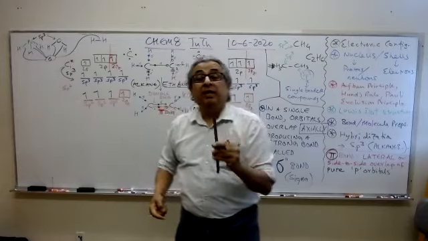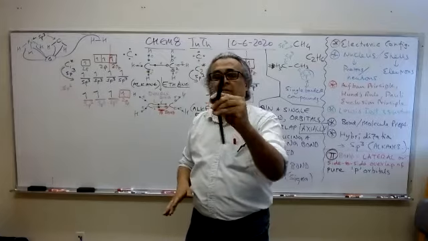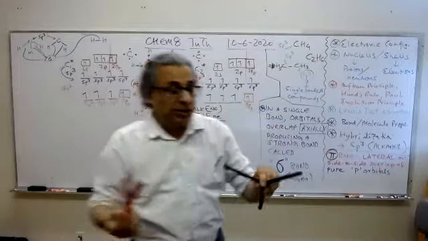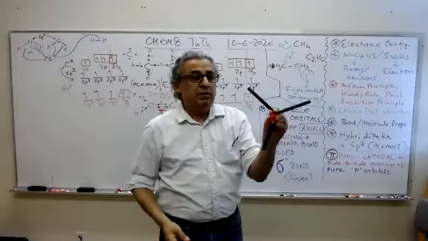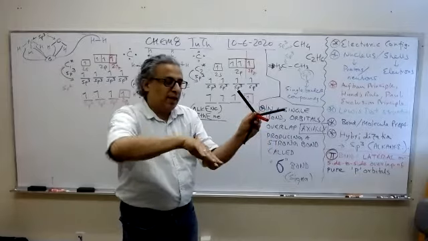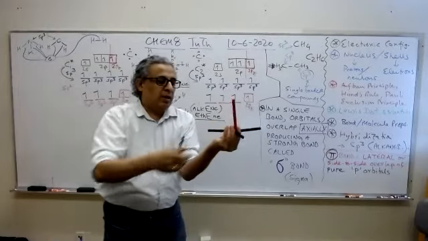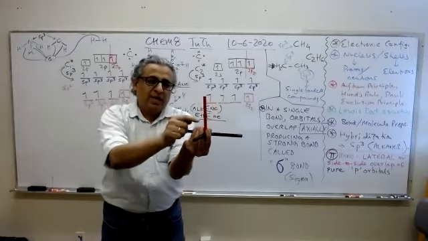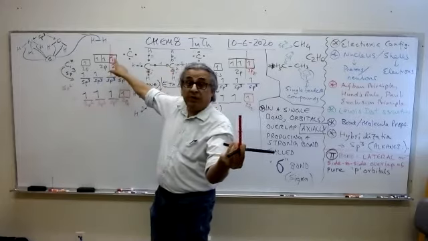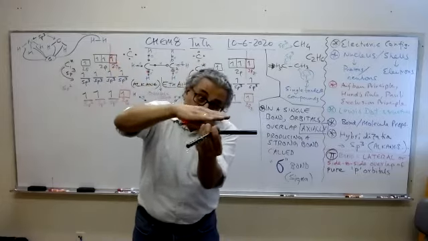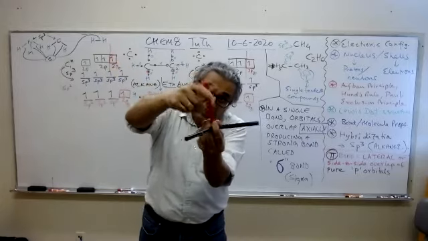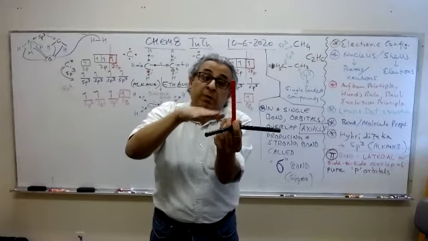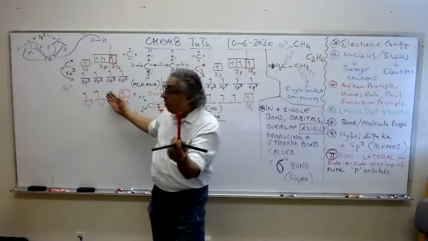And the shape they're going to take is planar, with this orientation, 120, 120, 120. What should be the orientation of the z orbital? Well, if this is the x-axis and this is the y-axis, the 3 sp2 orbitals will be along the xy plane, and the unhybridized z orbital, the pz orbital, will be perpendicular to this plane. Got it? The 2pz orbital will be perpendicular to the plane that holds these